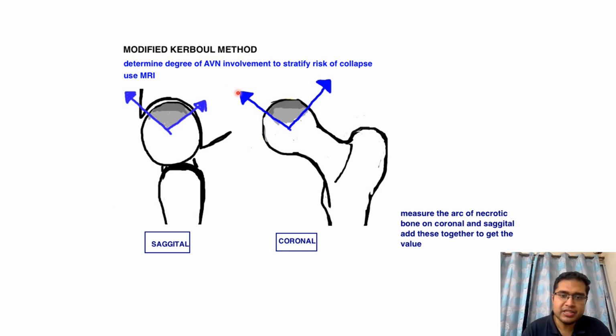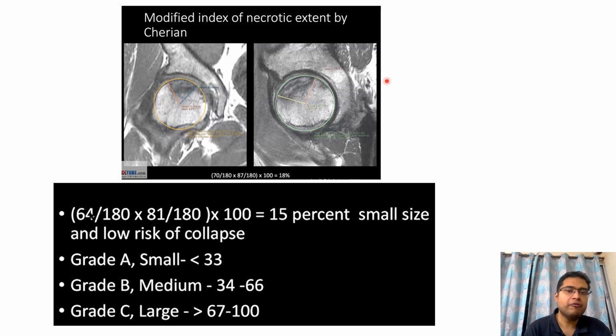In the sagittal image and the coronal image, we calculate the angles and add them to get a single value, which, if it is more than 200, indicates an increased risk of collapse of the head of the femur. Now a modified index of necrotic extent was developed by Sherian,